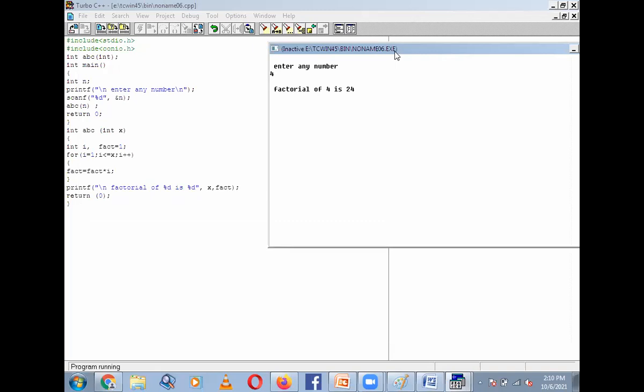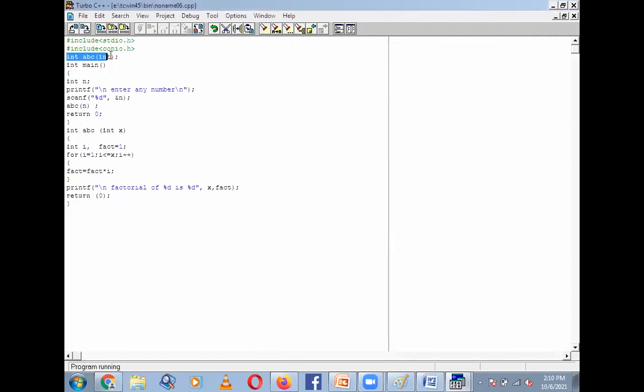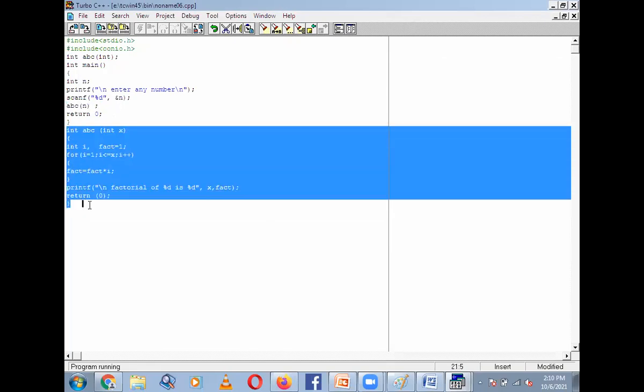Are you getting? Yes, sir. See the code and the input and the output of the program. Here in this case the function is declared, here the function is called, and here the function definition is written. Okay,